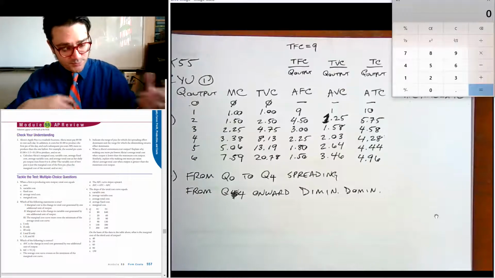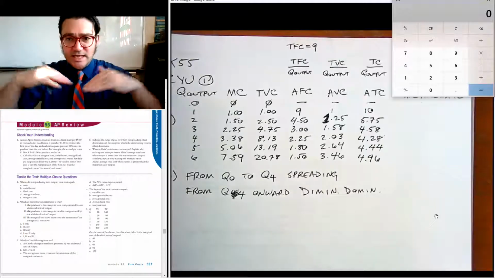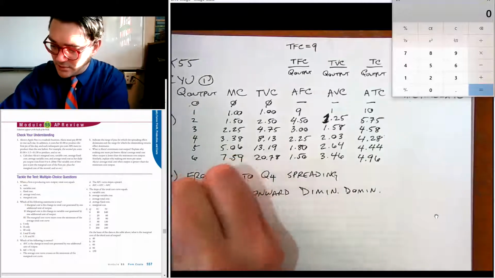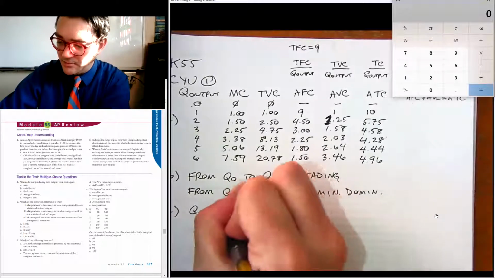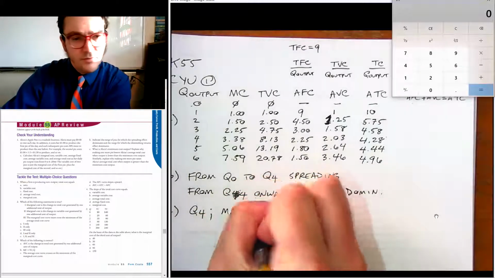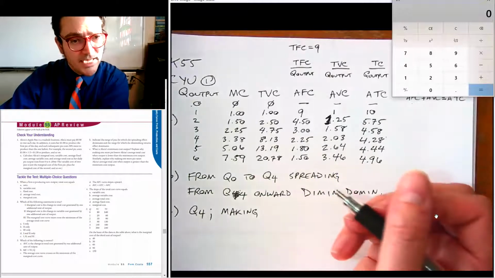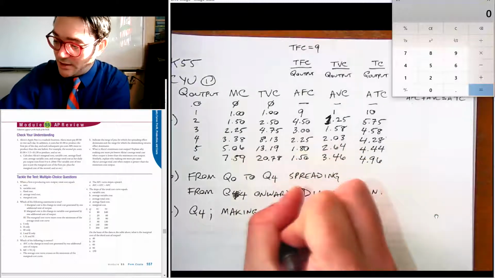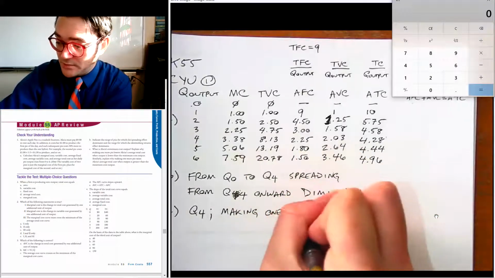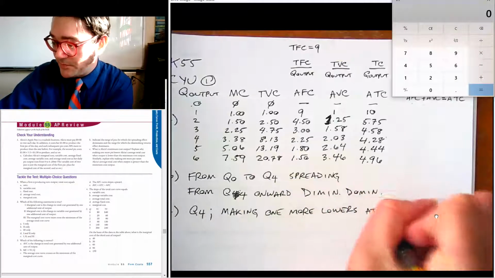Similarly, explain why making one more pie raises the ATC when output is greater than the minimum cost. So her minimum cost output is unit 4, Q4, and we would say that making one more lowers ATC when output is lower than the minimum cost. Making one more lowers ATC